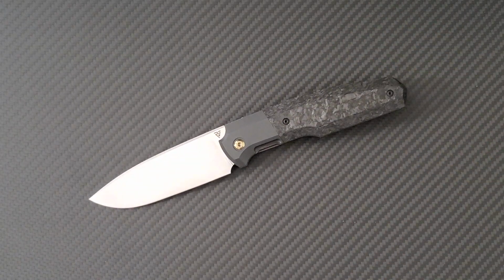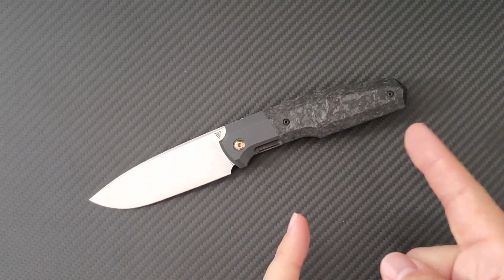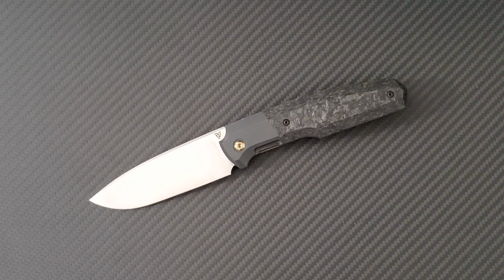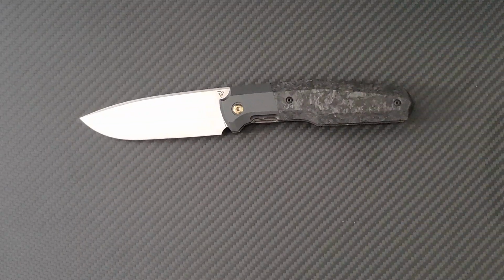So, again, designed by Philippe Jourget, this has M390 blades, zirconium bolsters, and carbon fiber scales. This knife is coming in at about $580. In custom form, this knife might cost you over $1,200 to $1,300. In its current form, the bolster lock versions cost a bit more. And so it's exciting to see this being offered in this sort of high-end trim for production prices. So very, very exciting. Let's go ahead and get some vital signs on this guy so we can see what